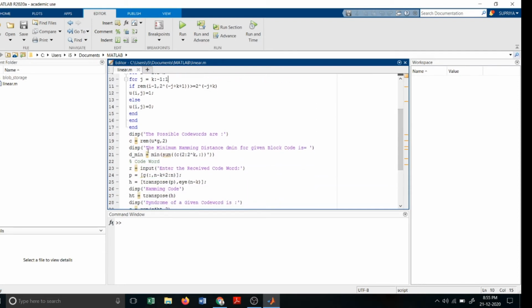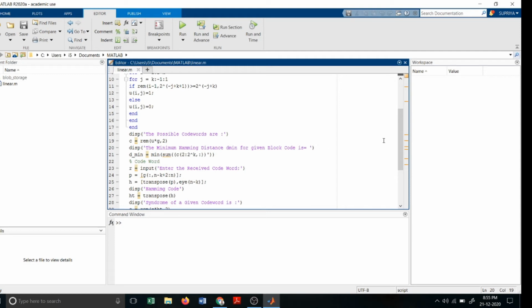For that I am using the formula C is equal to rem of U star G comma 2. From this we can calculate how many possible code words can be generated from the given generator matrix, and we are going to display the Hamming distance which I have already told you.